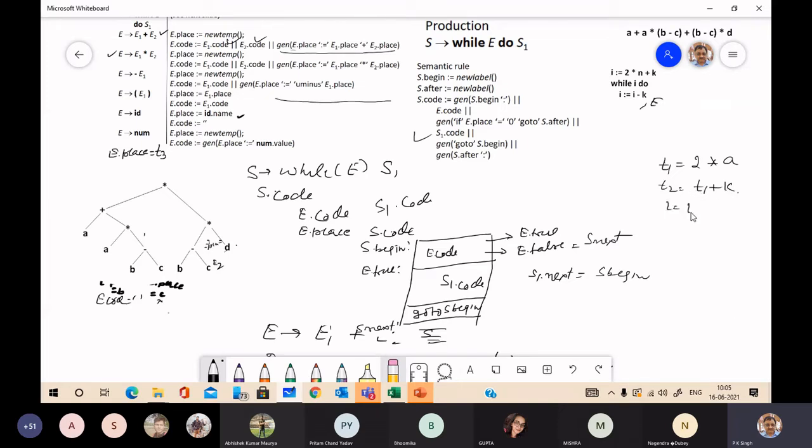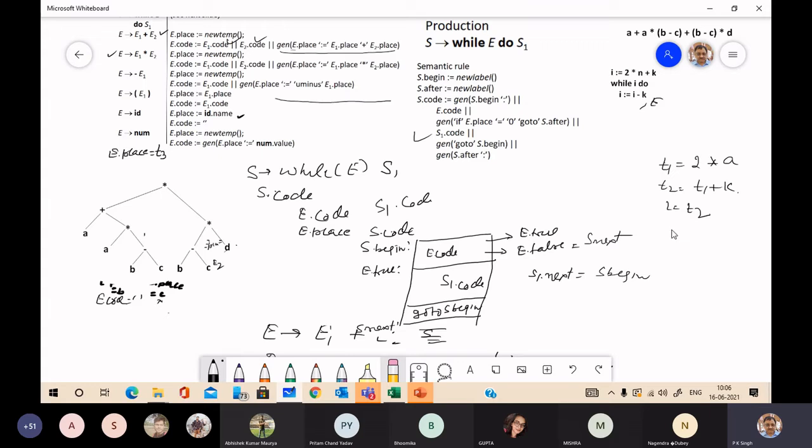Then I equal to T2 because I is being used in this. So we have the initial value, so we need not evaluate any parameter.